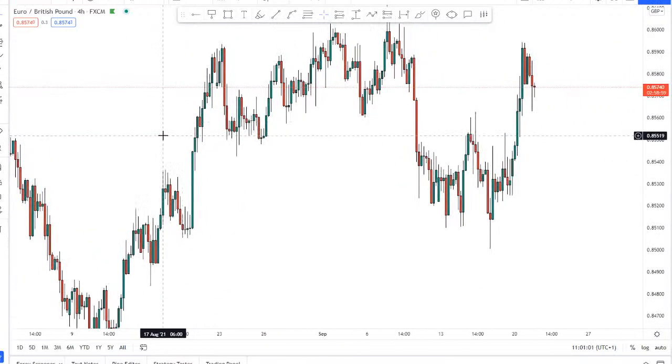Euro pound, we saw a big move to the upside for this pair. Yeah, this pair has been a bit tricky recently, I do have to admit, but with that move we've seen to the upside there, it does look like it's painting a really clear picture for me now, Euro pound. I think for this one we could really be pushing to the upside now,